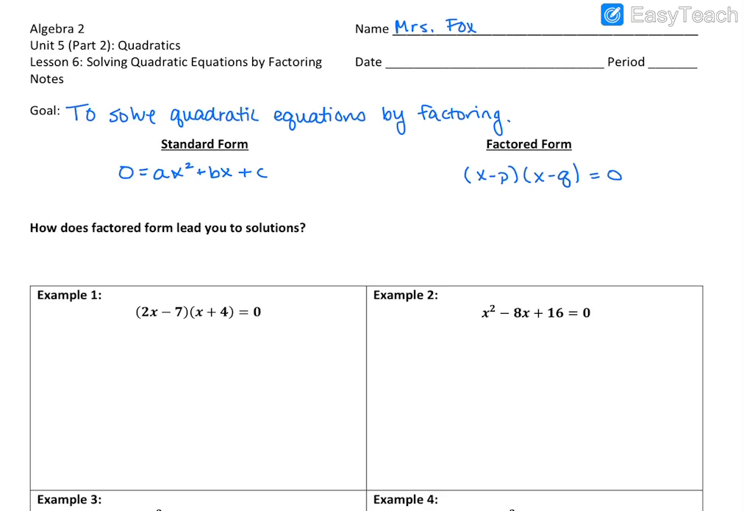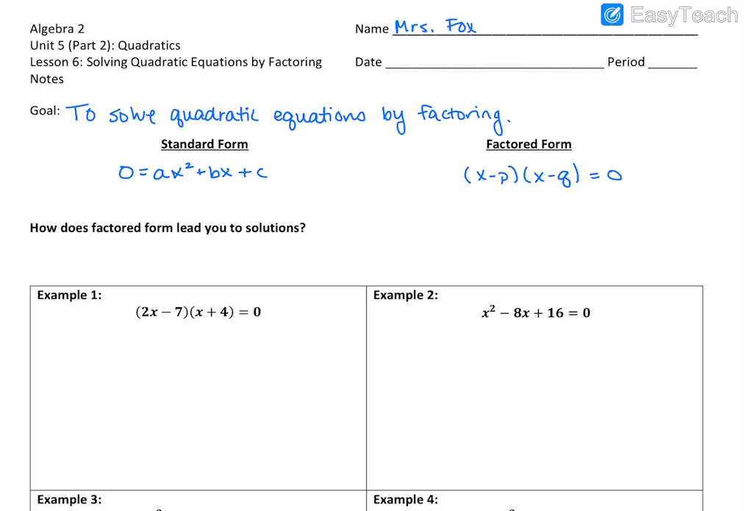There are two binomials, so here's one, here's two, that are multiplied together. A binomial is something with two terms, so x plus or minus a number times x plus or minus a number. Okay? The reason that the factored form will help us is because if you have two numbers that